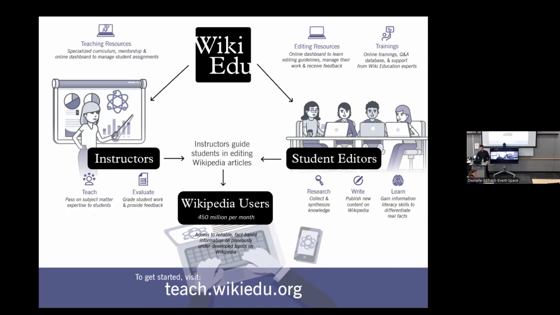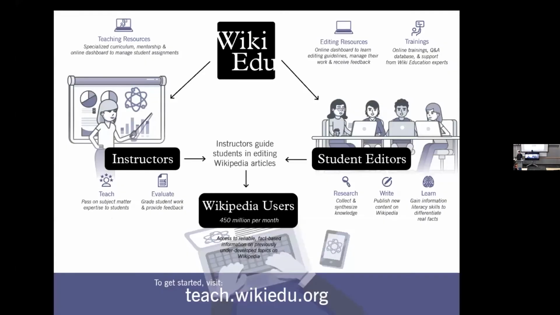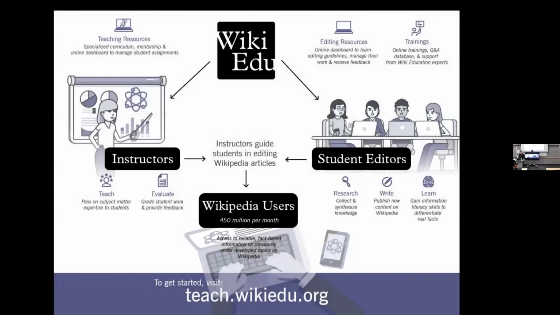Generally speaking, we don't support a course that devotes fewer than 6 weeks to the Wikipedia assignment, just because it does take students a few weeks to learn the basics of editing, right? It's not just like your traditional term paper. They do have to learn some basic principles of editing Wikipedia. And so there are courses that do it in more of a 6 to 8 week time frame. The vast majority do it over the course of the semester. You can do it in a more abbreviated 6 to 8 week time frame. I think that's totally doable.